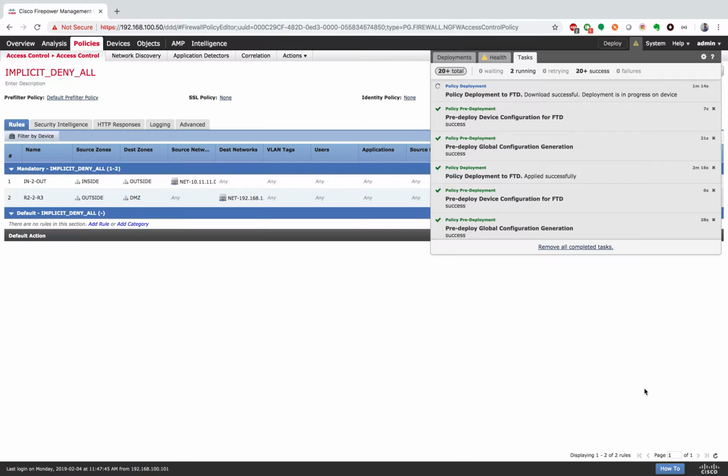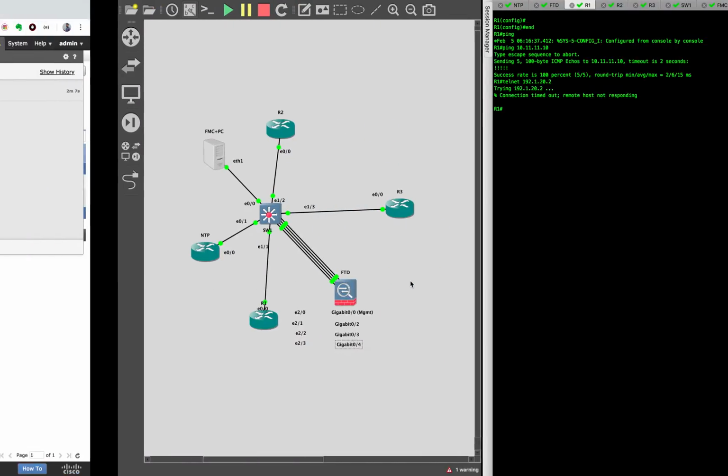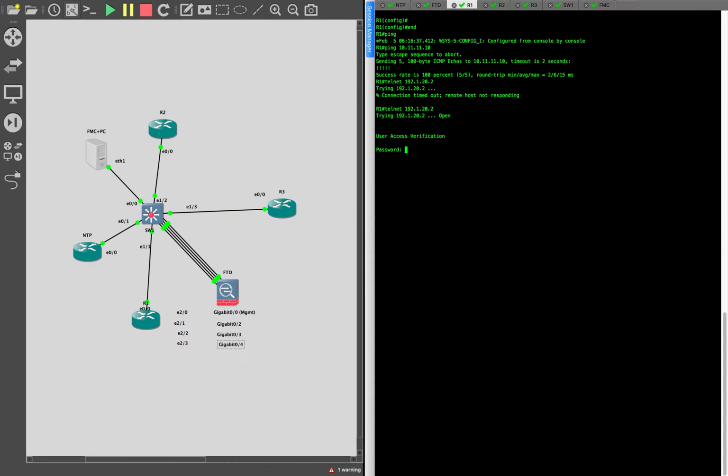Okay, it's taking a bit of time, but yeah, hold on to your patience. Okay, looks like the deployment has been done, right? So you can look here, all the tasks are done. So now we can go and test it. Let's see if this telnet works now. There you go. Isn't it working? And why it worked? It's because of the policy which we just now put in. So all the traffic is allowed from R1 to R2. Even I can ping as well,